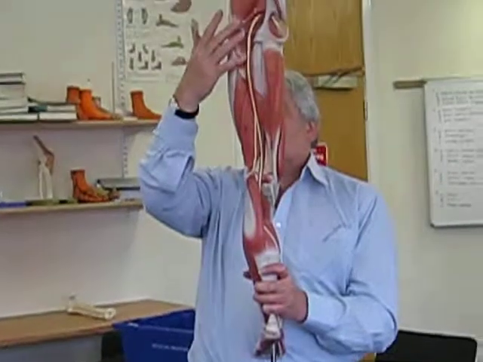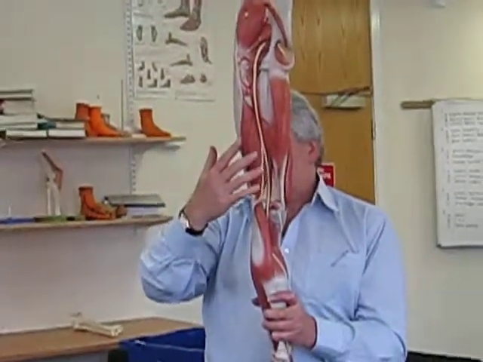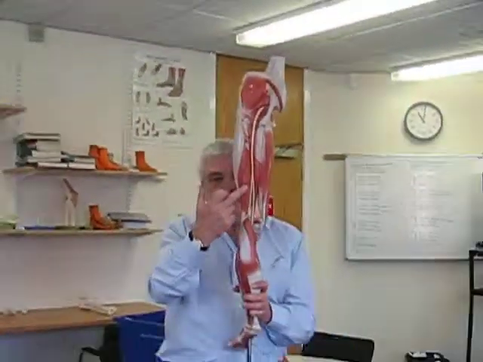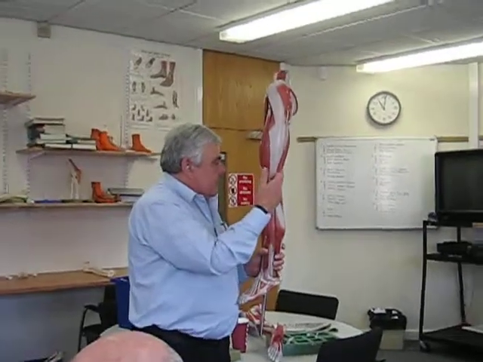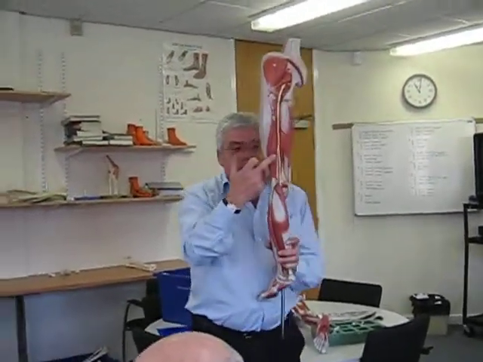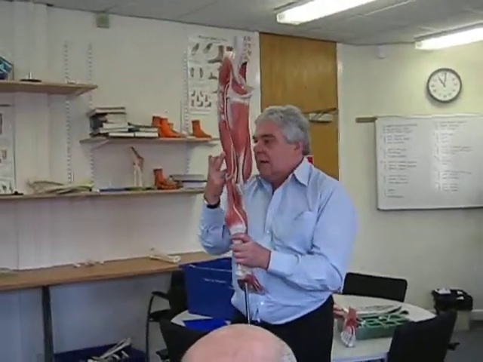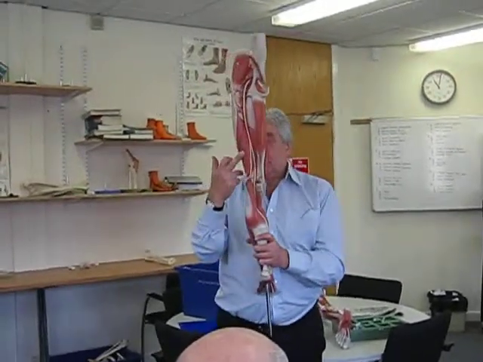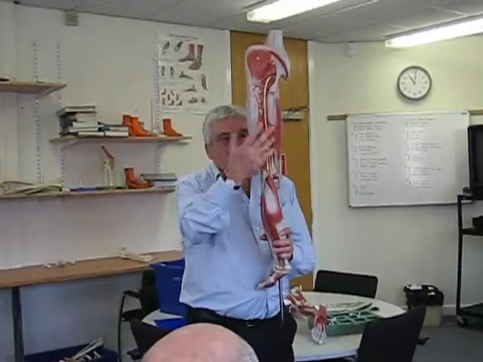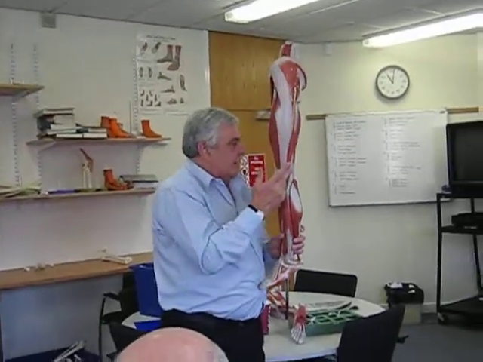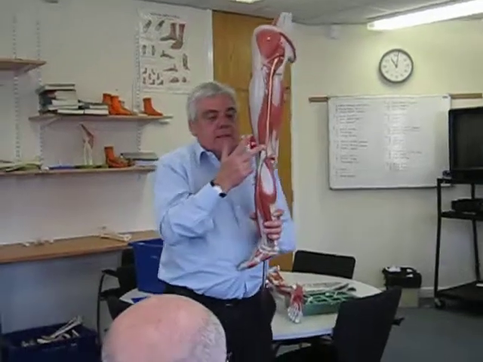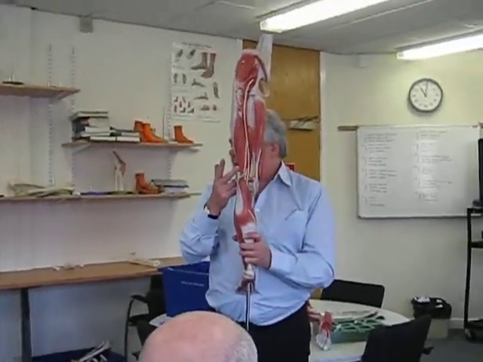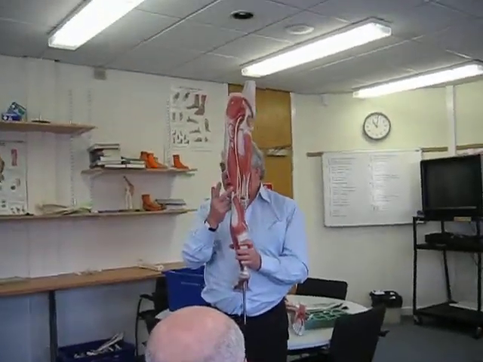The tibial branch of the sciatic nerve supplies all the hamstring muscles, with the exception of the short head of biceps. The short head of biceps, you can see, is in close contact with the common peroneal nerve. So the common peroneal nerve supplies the short head of biceps, the tibial portion, the remaining hamstrings. The remaining hamstrings being semitendinosus, semimembranosus on the medial aspect,